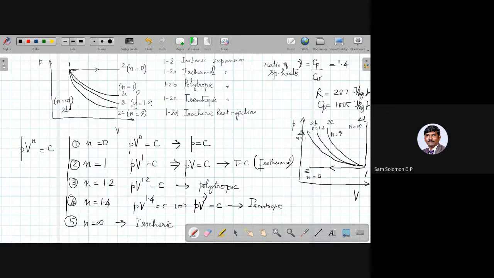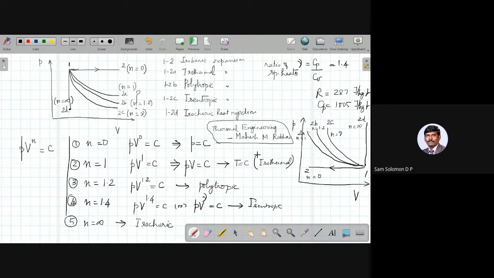Okay, so for this picture you can refer to Thermal Engineering by Mahesh M. Rathore. If you are looking for a textbook to purchase, you can purchase this. And this will be useful to you both in this engineering thermodynamics course and in the applied thermodynamics course, which is coming in the next semester.